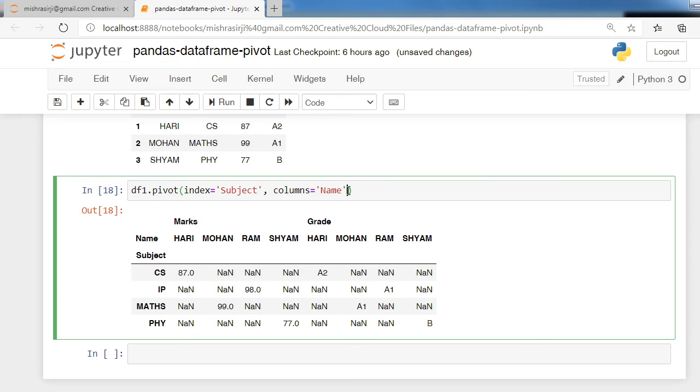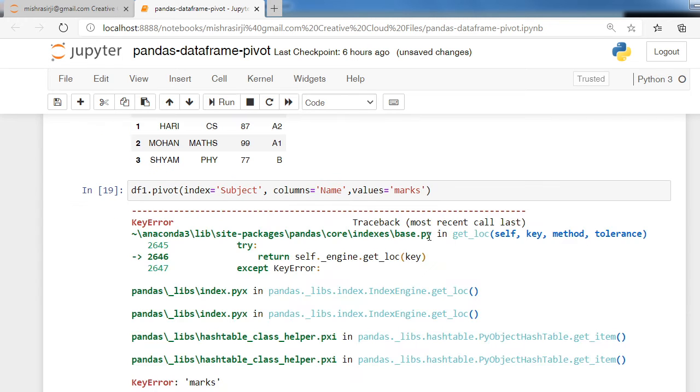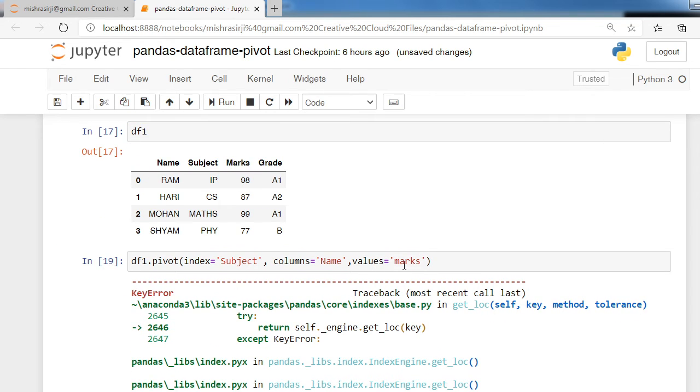So this function must have two parameters, and a third parameter may be given. The third parameter is values. We can write marks. The name of the column is incorrect.